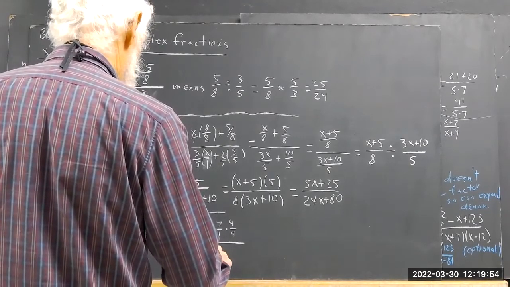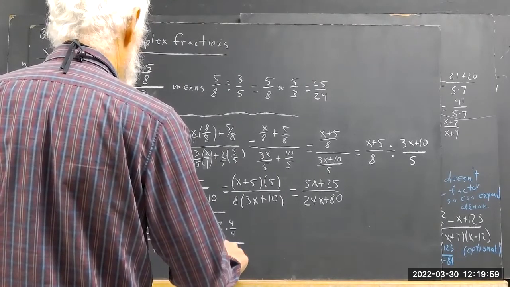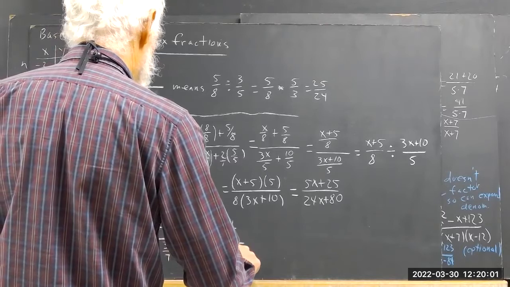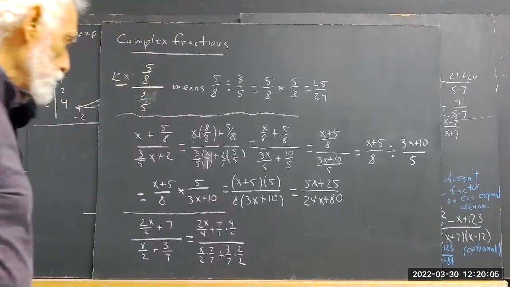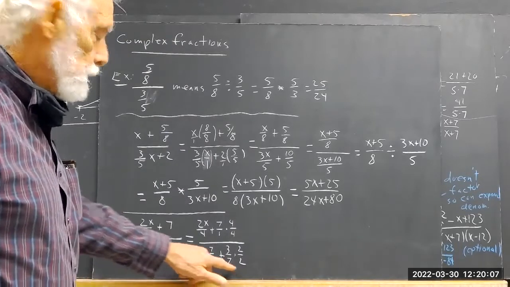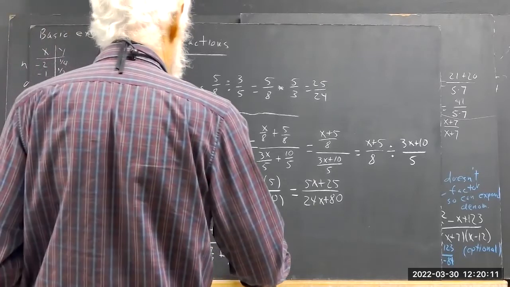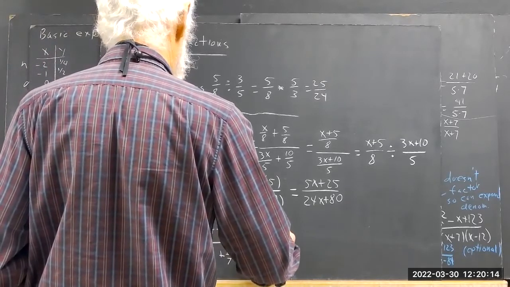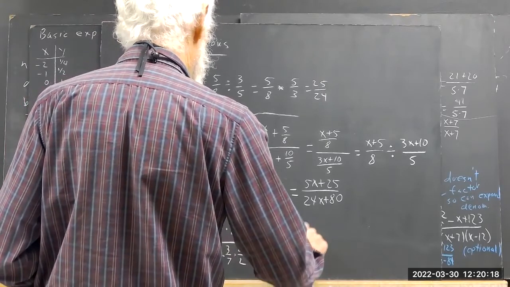And I'm just going to say, okay, that's x over 2 times 7 over 7 plus 3 over 7 times 2 over 2. So the denominators match. And that equals